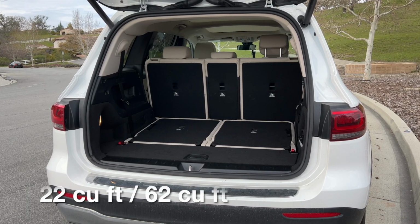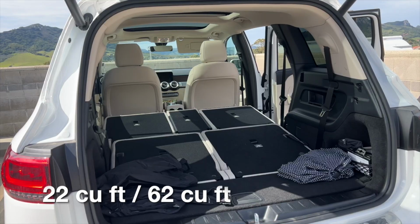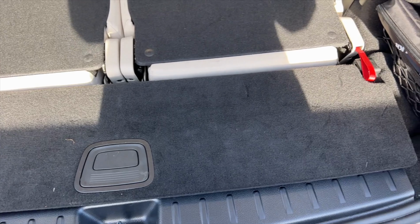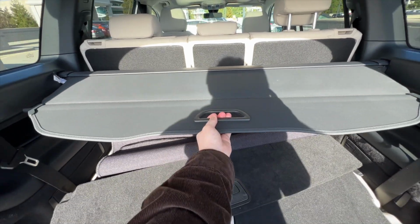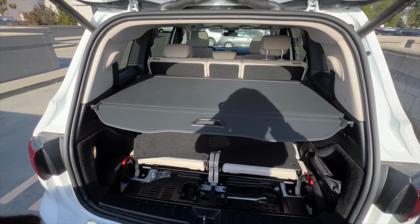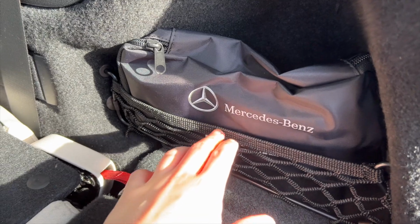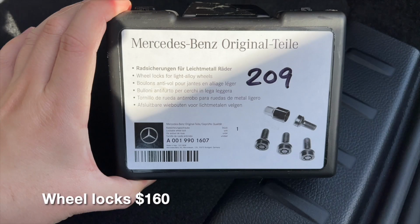Let's talk about cargo space. With the second row seats up, you have 22 cubic feet. With the second row down, you get a good 62 cubic feet. You also have this cargo cover storage situation here. It was kind of hard to get the cover out because it's really tucked in there, but nonetheless, it's a really nice solid cover. You also have a USB-C port back here, a hook to hook things, a net to store small things in, which this car stored the first aid kit and wheel locks,